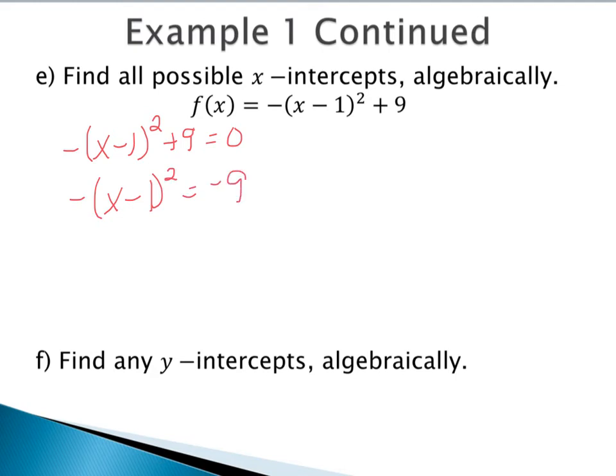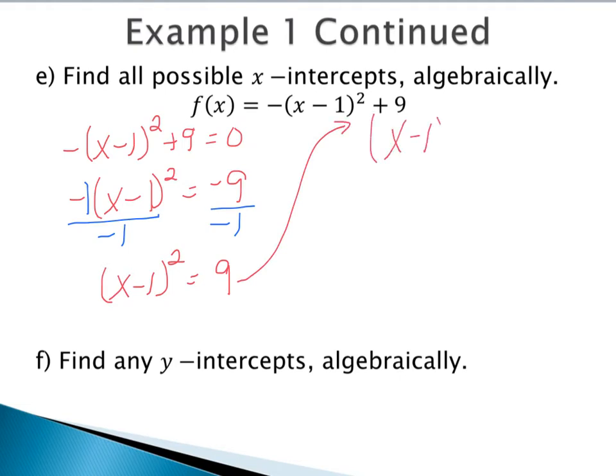And then next we need to get rid of our a, the number that's in front of the parenthesis. Well, again, remember what we said before, that the negative means there's really a negative 1 here. So I'm going to divide both sides by negative 1. So don't forget about that. We need to get rid of that part. So that way we're just left with x minus 1 squared, and then negative 9 divided by negative 1 would be a positive 9.